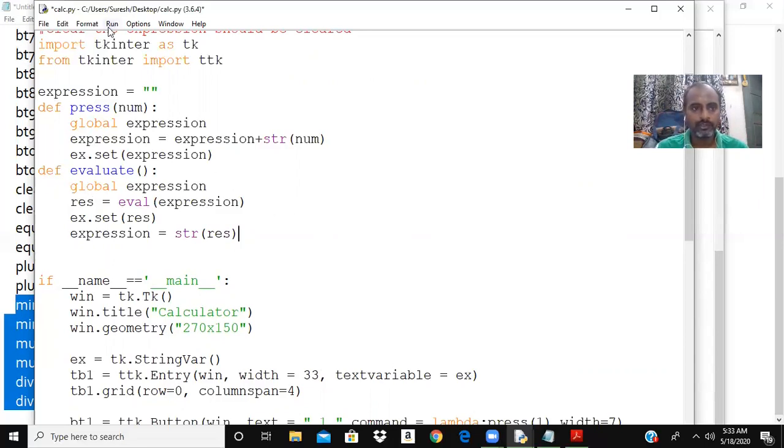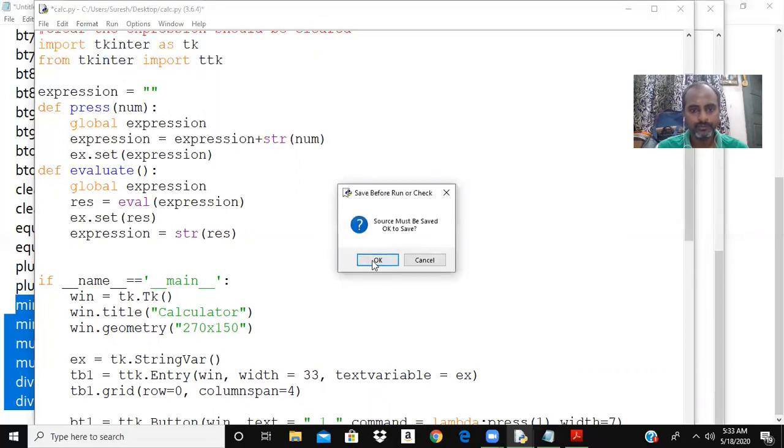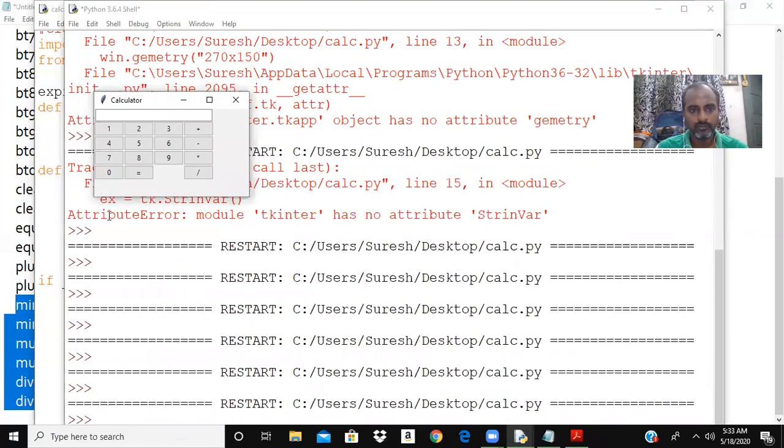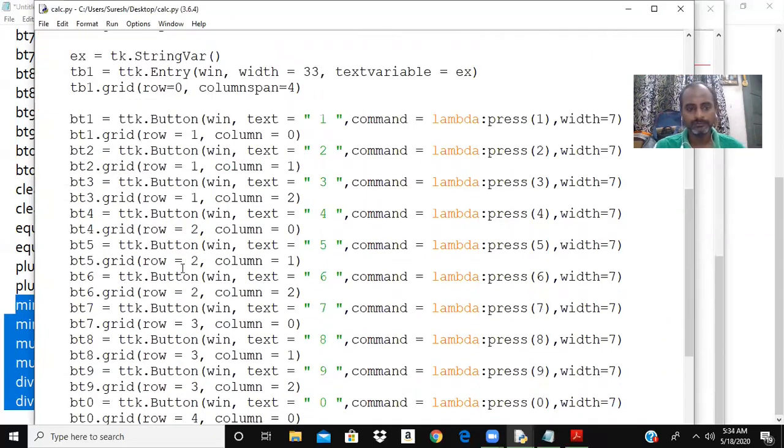Let me run the program. Okay, 2 plus 3 is equal to 5. So one button missing, clear. I want to clear the text box when I click on the clear. Okay, let me write the clear button.